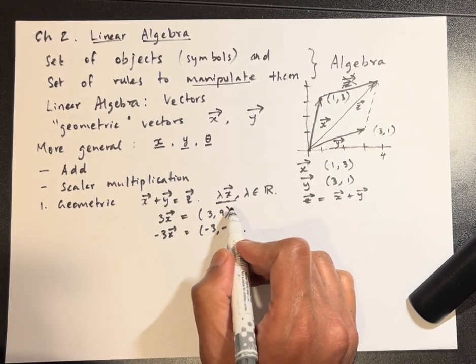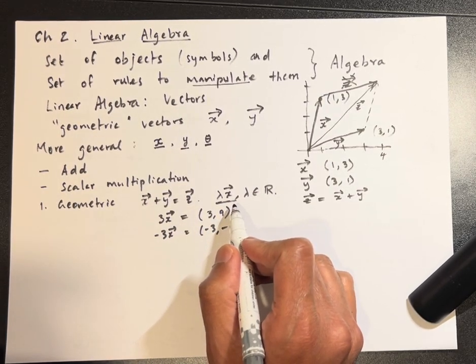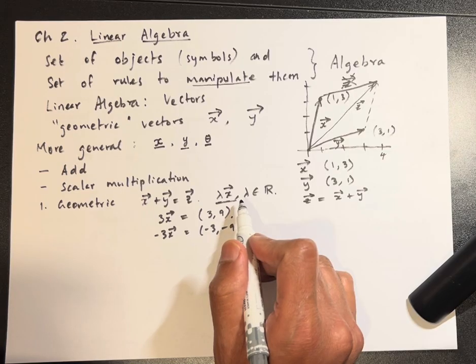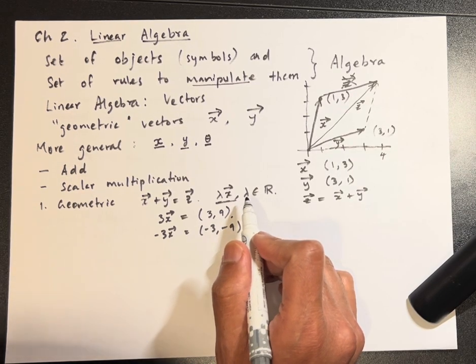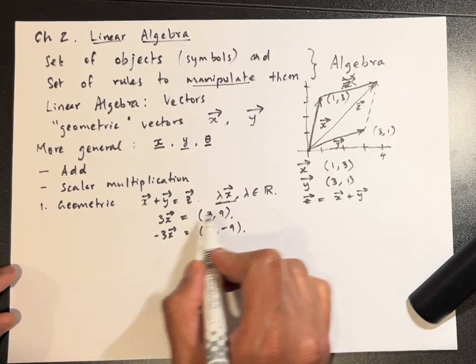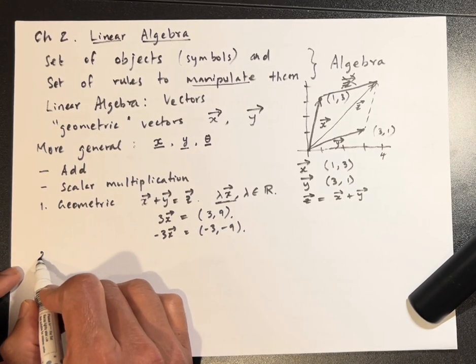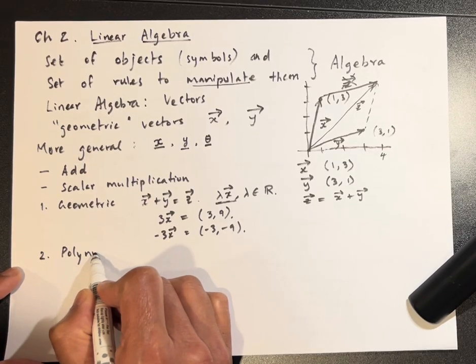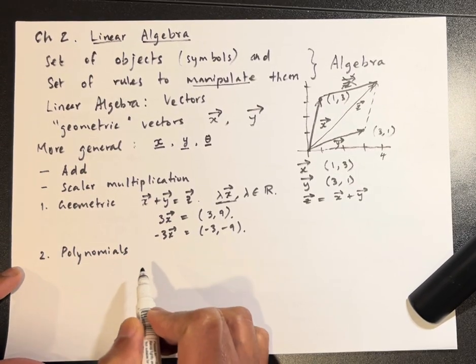So geometric vectors are instances of the vector concepts introduced previously. Interpreting vectors as geometric vectors enables us to use our intuitions about direction and magnitude to reason about mathematical operations. Okay, so that's the first example. The second, a little bit more interesting example, is what are known as polynomials. So now if you look at polynomials,